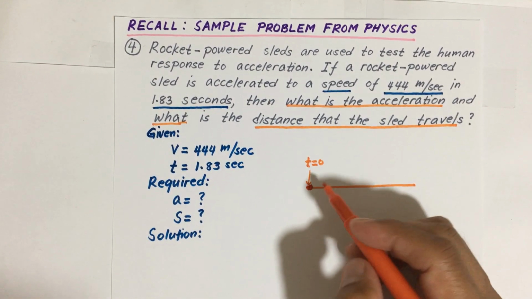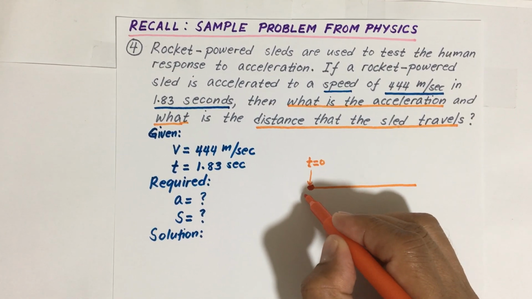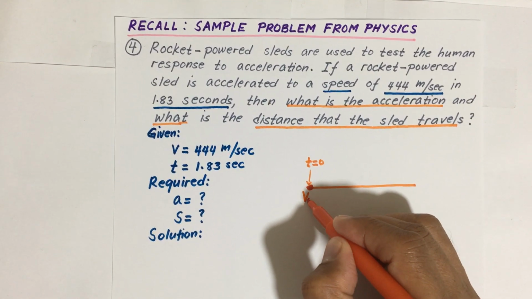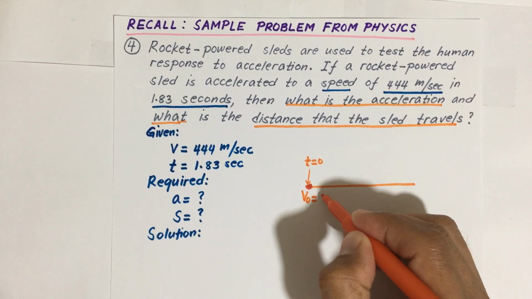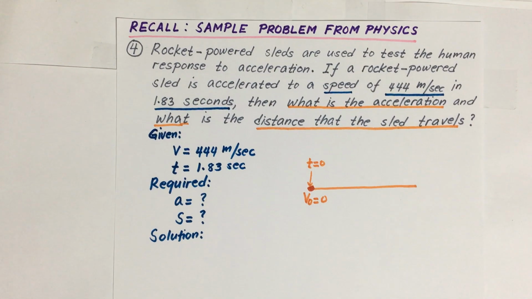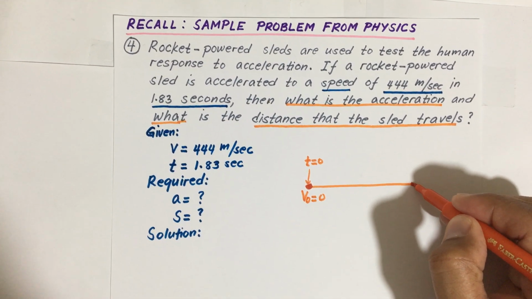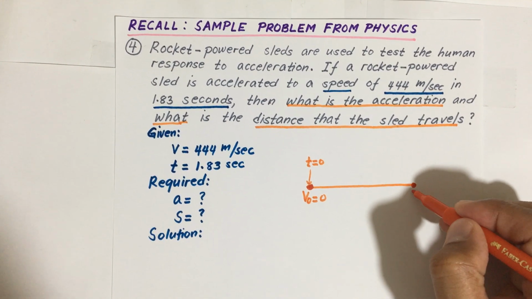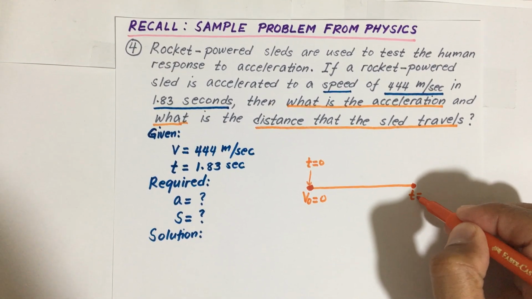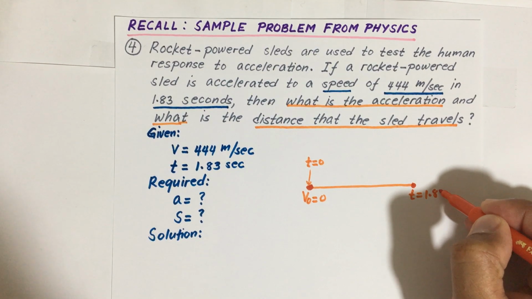If there's no movement yet, therefore we can say that the initial velocity is also equal to 0. Then at time t equal to 1.83 seconds,